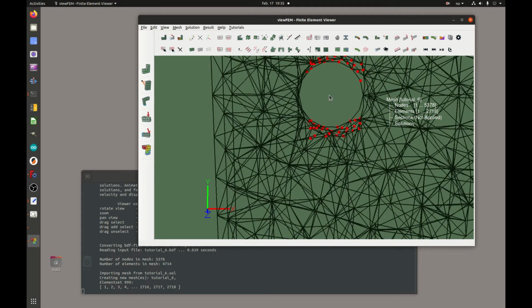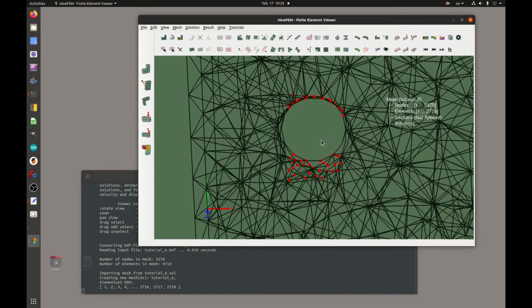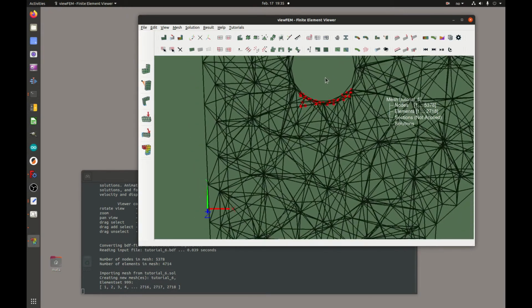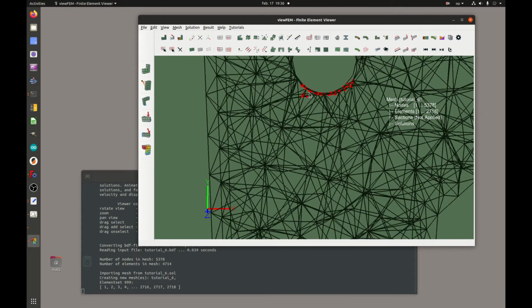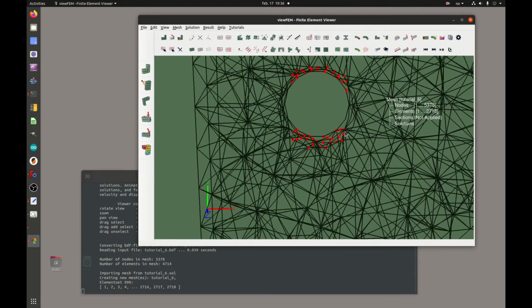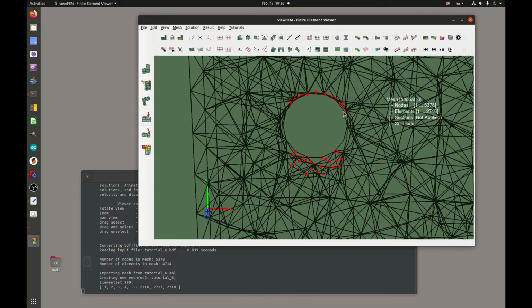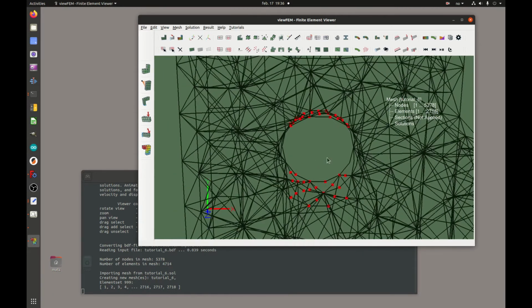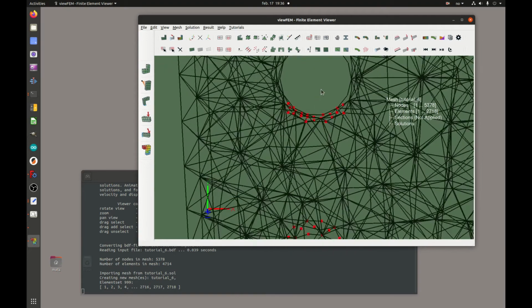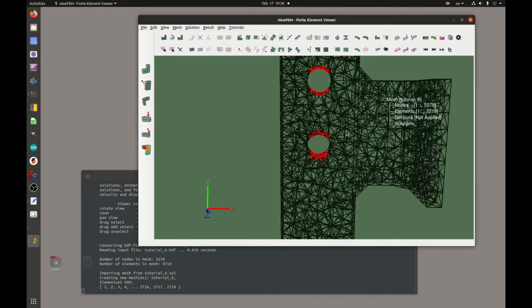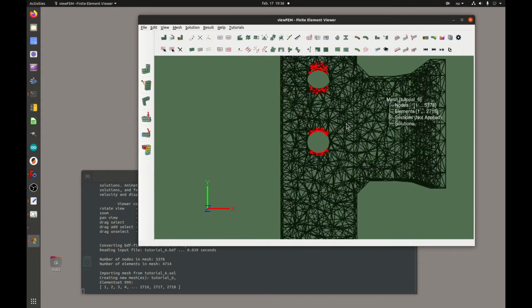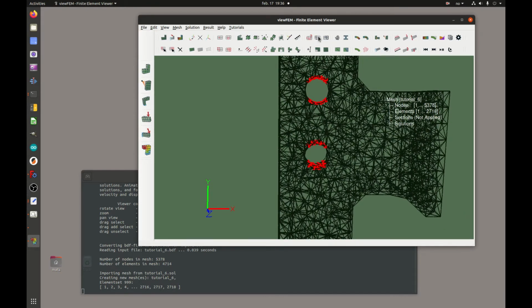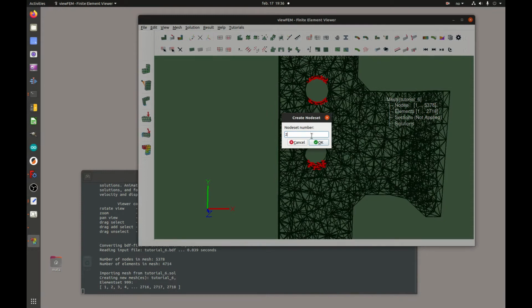So you hold the shift button and drag select, it will select or add to your selection. If you hold the control button on the keyboard and drag select, it will unselect. So we'll just select. It doesn't matter. I'm just showing here, but I'll use this as node set number 2,